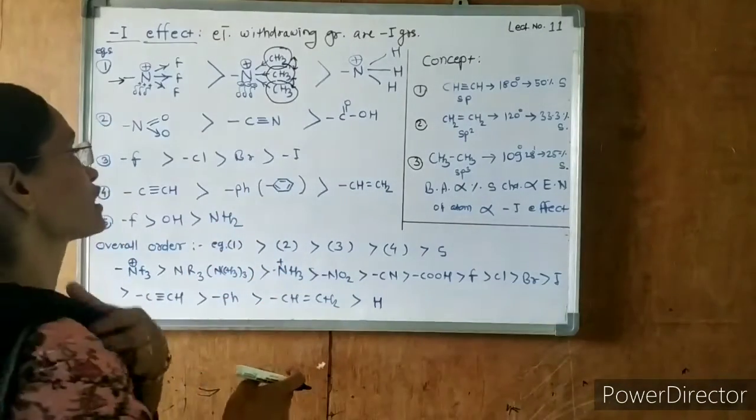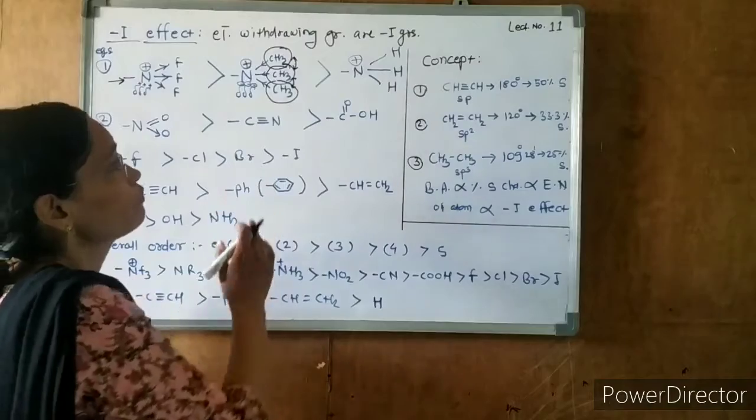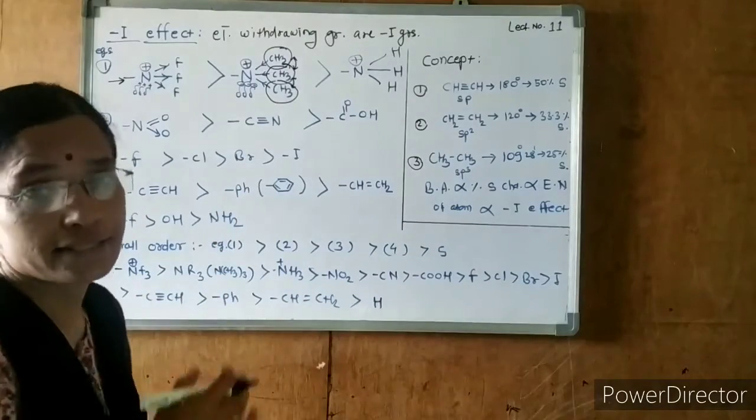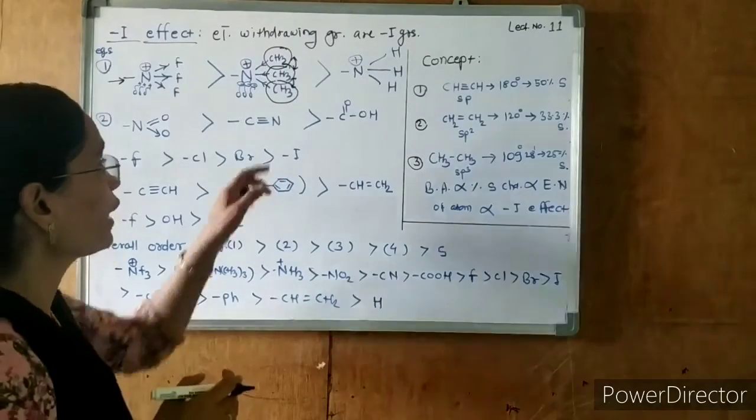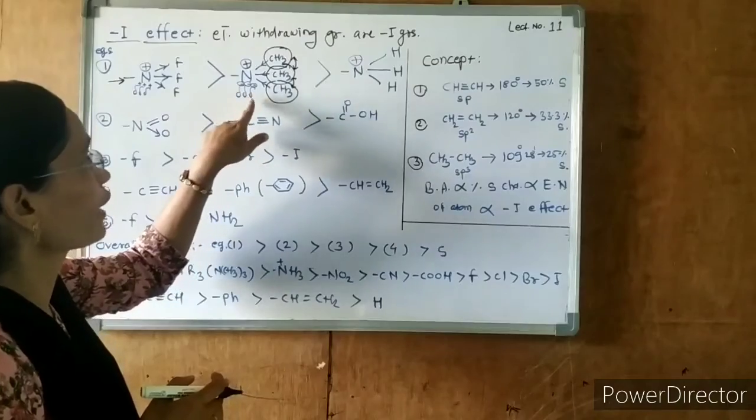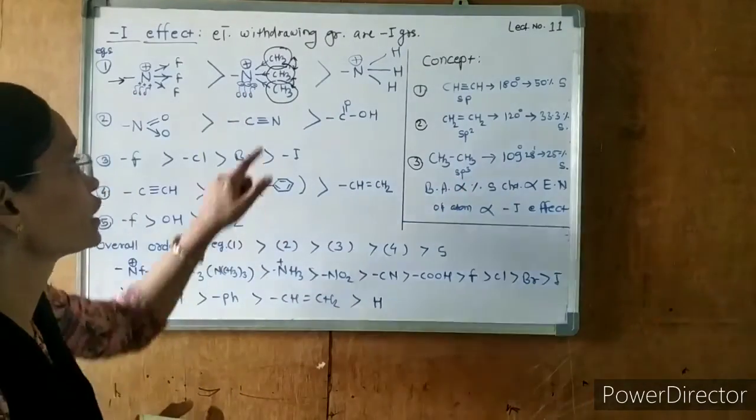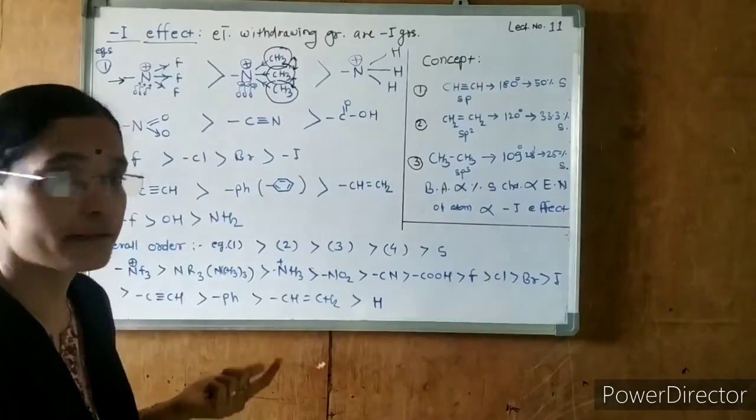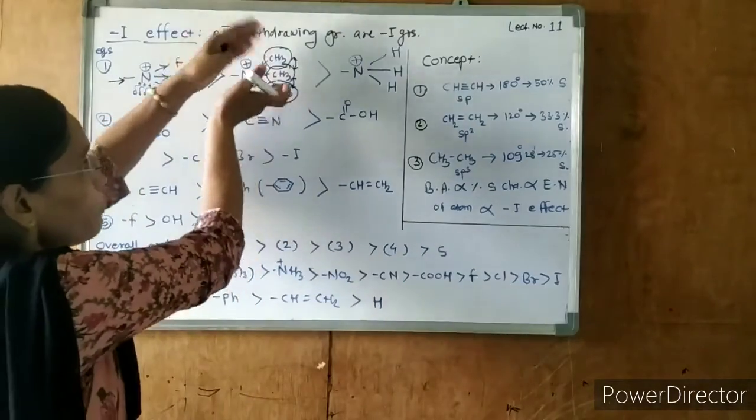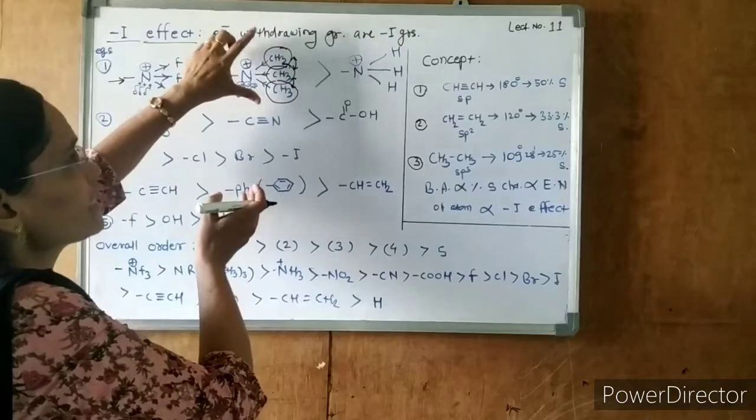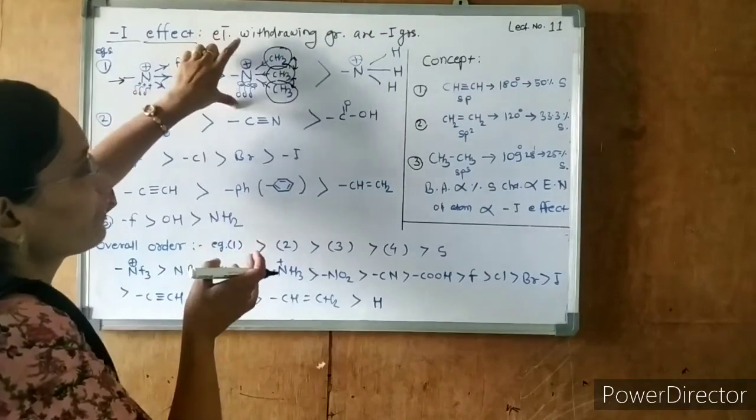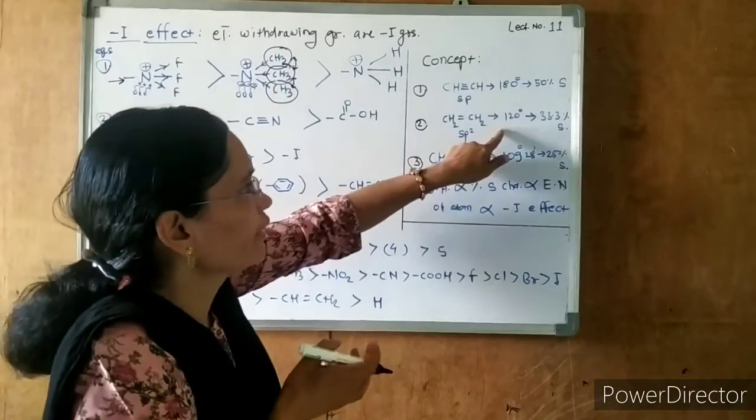And due to repulsion, what happens? Due to repulsion, the bond angle increases. Actually, its bond angle must be 109 degree 28 minute, but it is not so. Its bond angle may increase due to the repulsion. If the bond angle increases, see here, bond angle increases means